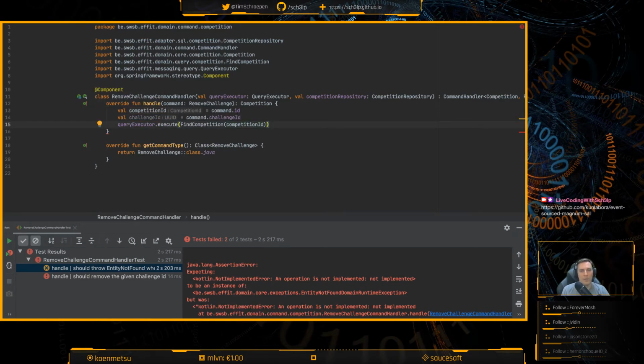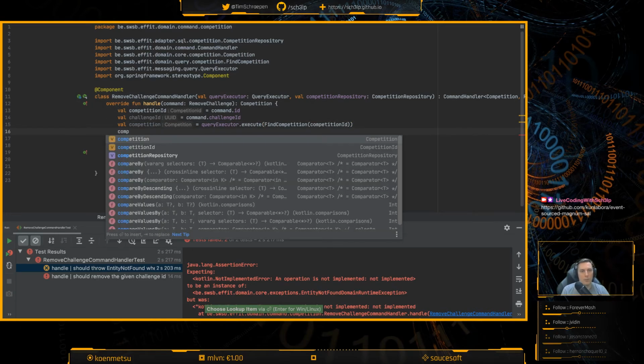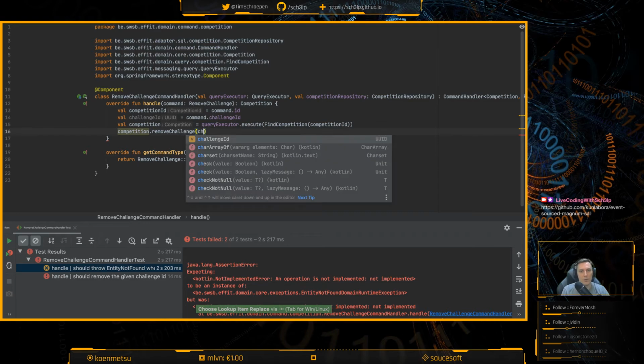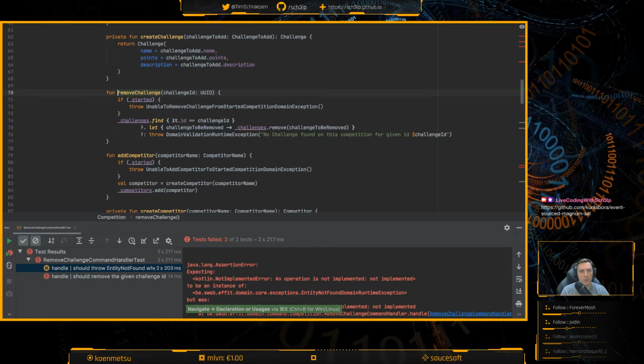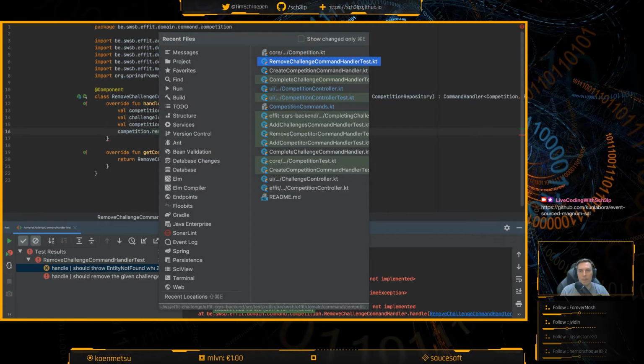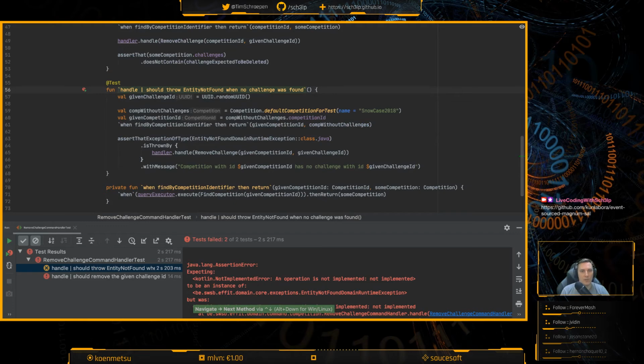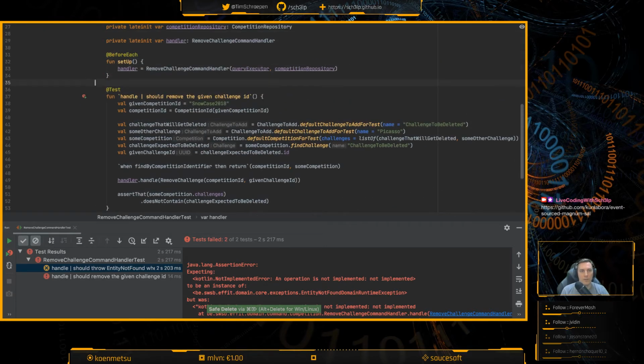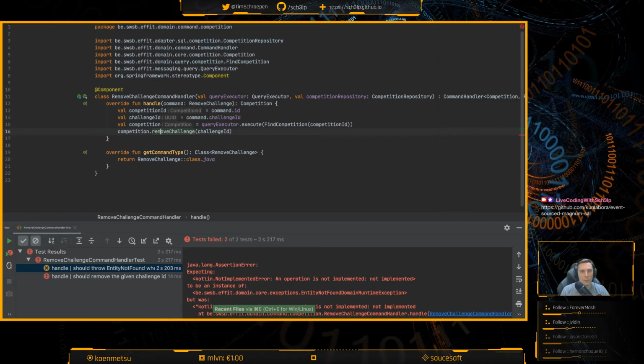So when we found this thing, what I need to do is I'll need to competition dot remove. Oh, I already have a remove challenge. Maybe this is where that thing comes from. So let's see if I go here. Yeah, here we go. This is why there wasn't a test for that. So this can go. It's nice. And I only need a little implementation there.